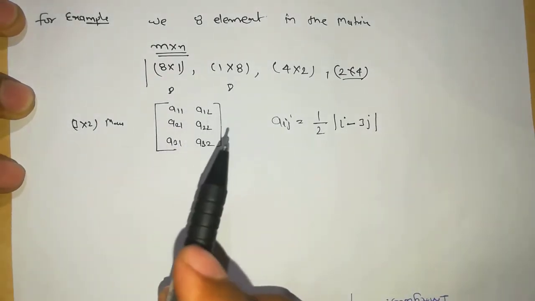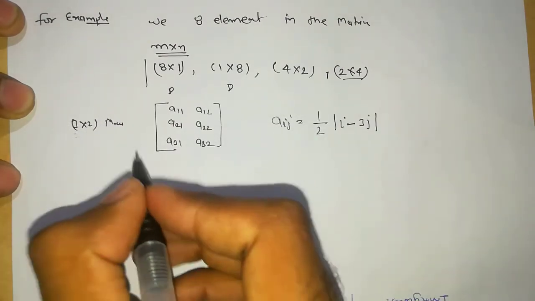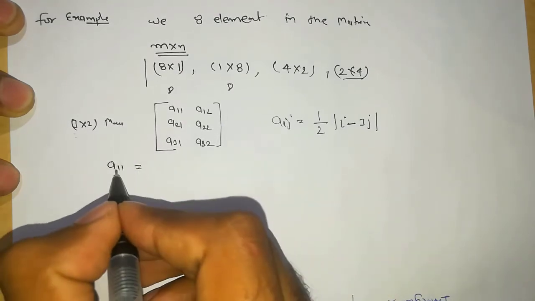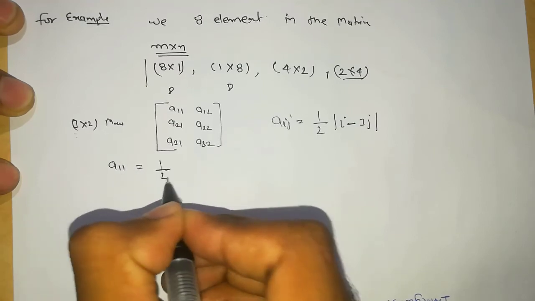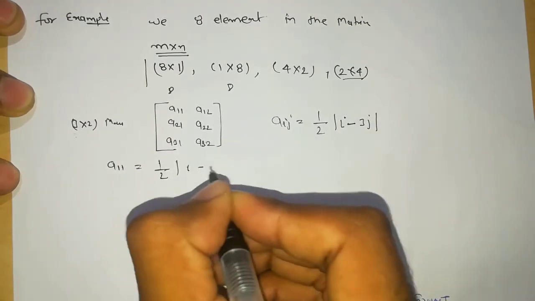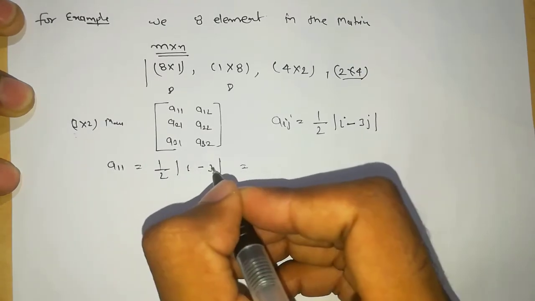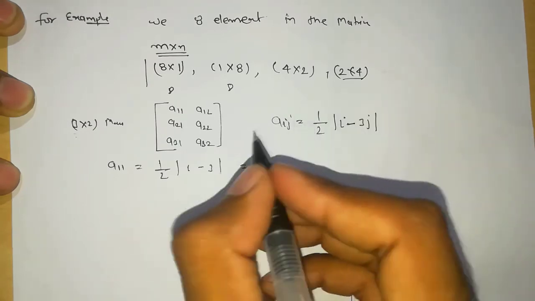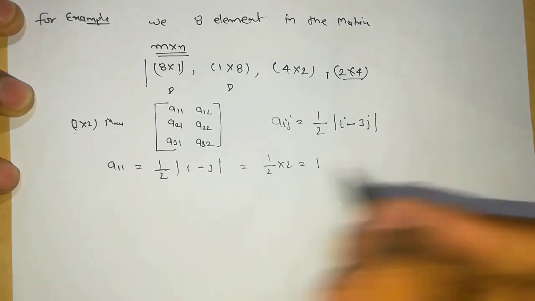Then we will construct the matrix of order 3 into 2. For the first element A11, the value of i is 1 and the value of j equals 1. Then 1/2 times |2 minus 3|, which is 1/2 times |-1|...